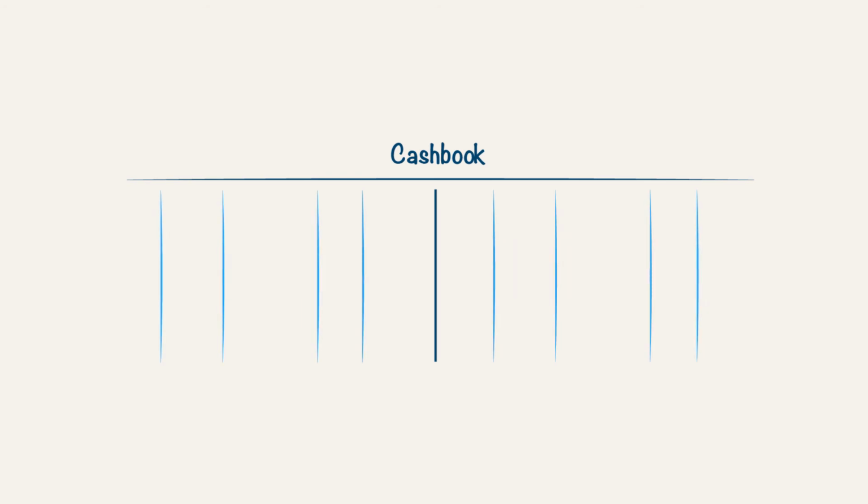We draw up the cash book as follows. We draw a T account, and on the left-hand side, the debit side, we write DR for debit. On the right-hand side, we write CR for credit. On the debit side, we include the following columns: date, receipt number for records of receiving money, description, who paid and for what, folio, used when you post to a ledger account as a cross-reference, and amount, reflecting the funds